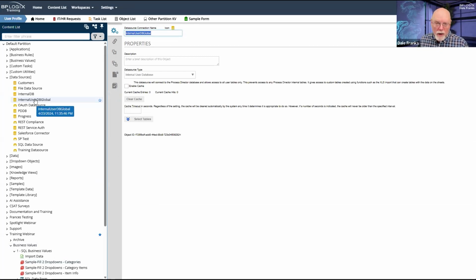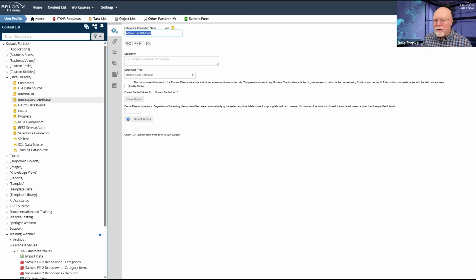Now, if you're working in an organization where there's only one or two implementers, generally the implementers can see anything. But we do have some customers who bifurcate their users into different groups and give them access to different portions of the content list. And they only want the people in those groups to see the data that is relevant to them.